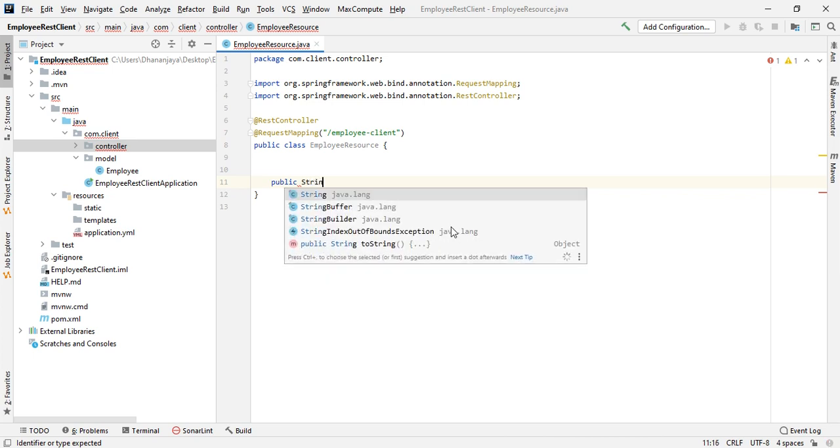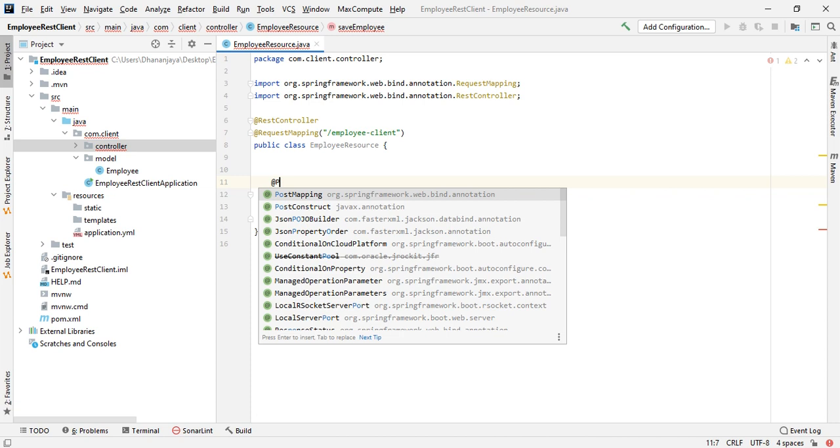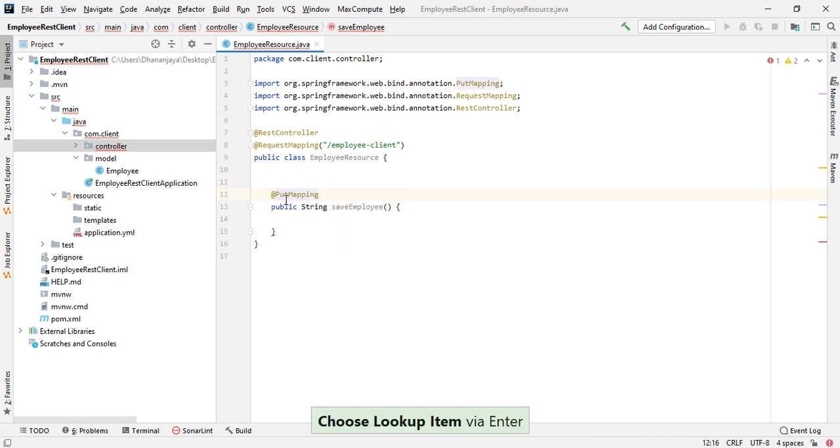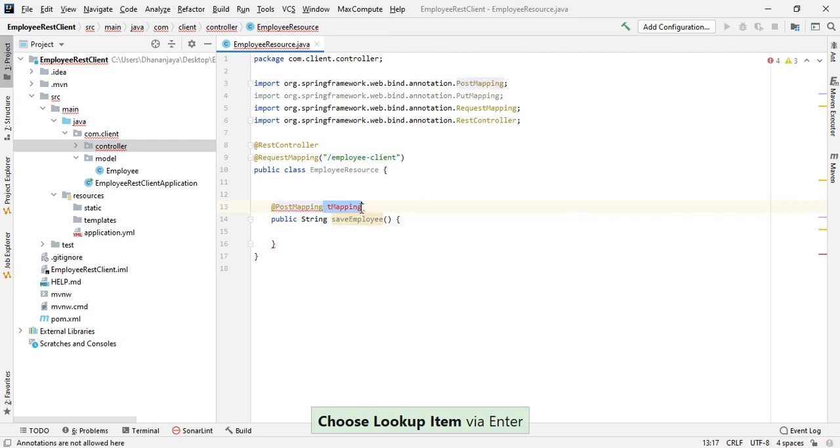Okay, let's try with this. Public. Let's try with only the save operation first. Public String, let's say saveEmployee. Okay, and under this, @PostMapping.